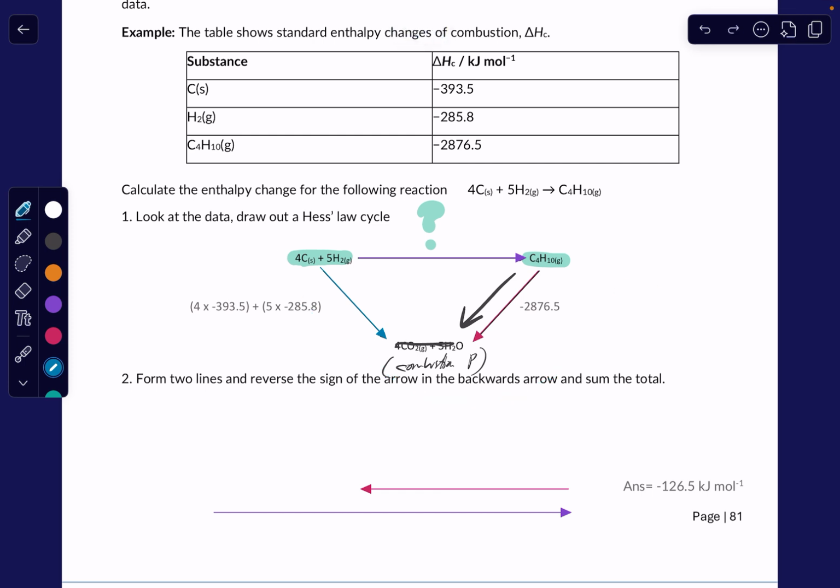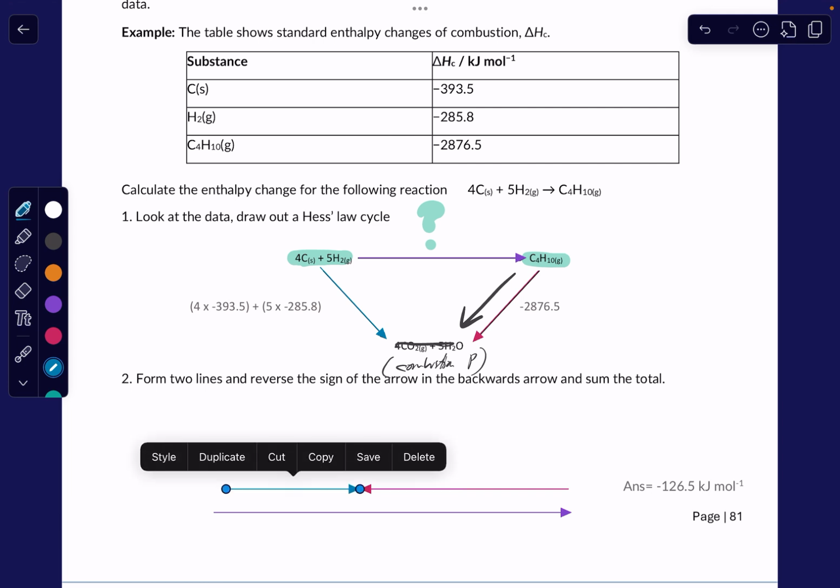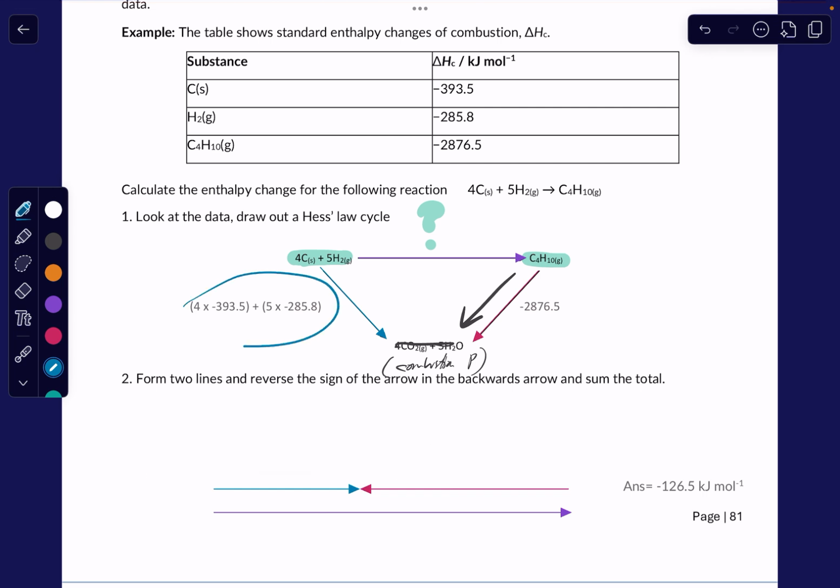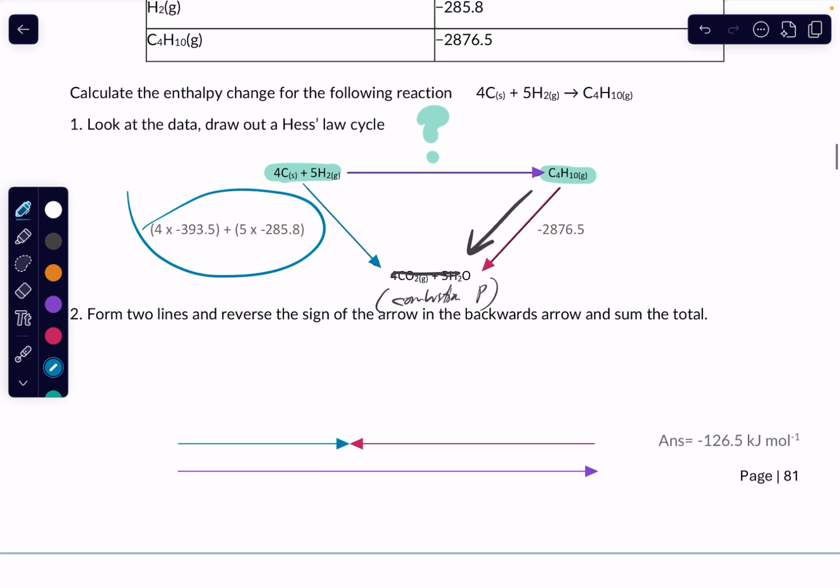So I'm going to draw this one going this way, like this. And you will draw these arrows too, maybe a bit straighter than mine. Let's move that one. There we go. So that blue arrow is going to be this value right here. So I'll add those two things together for you. I'm just going to do the math right now. And I'm going to get a value of negative